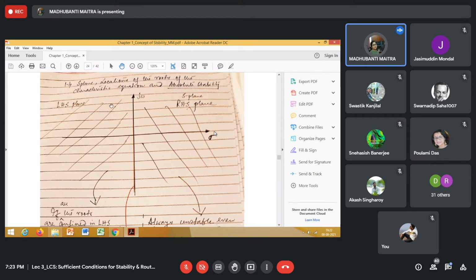Rest of the poles are in the left half of the S-plane, right? Since the rest of the poles are lying in the left half of the S-plane, their individual response terms will decay down to 0 as t tends to infinity, right? Only the simple pole pair or simple pole on the imaginary axis will contribute a term which is either an undamped oscillation with finite amplitude, or a constant of finite amplitude.